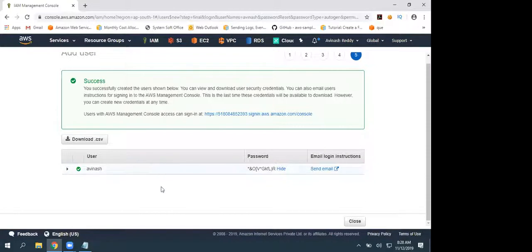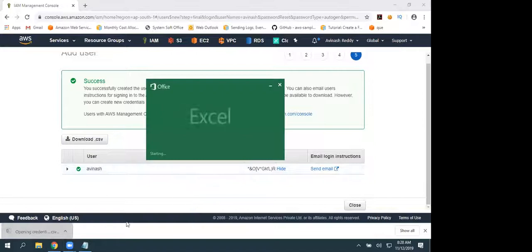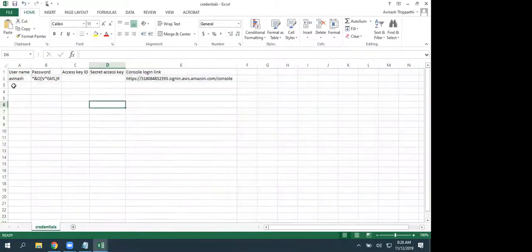Again, if you want to download all this information onto your local machine, here is an option, download.csv. Click on that. So one file got downloaded with all the required or generated information. So this is a username, this is a password. See, no access key ID and secret access key. Why? Because we have not selected that option.